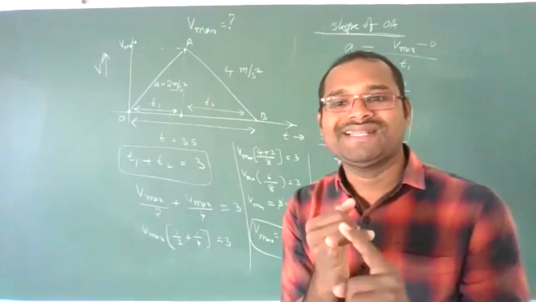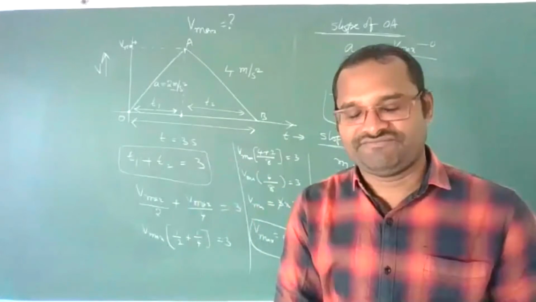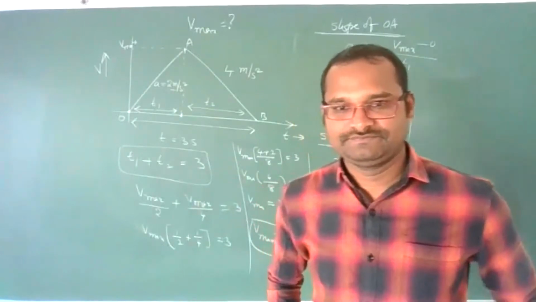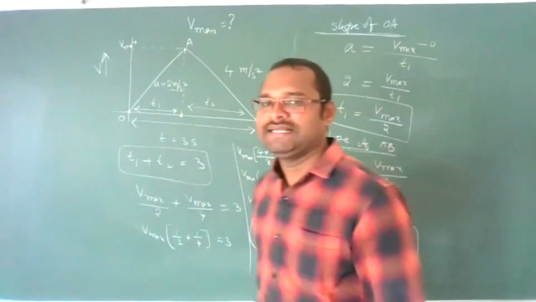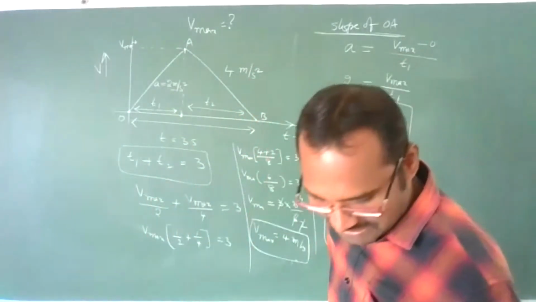Third question is, what is XT graph? XT graph, X distance and time graph. Okay, distance and time graph. Three questions. Write each and every point under that XT graph. You should write. Okay?